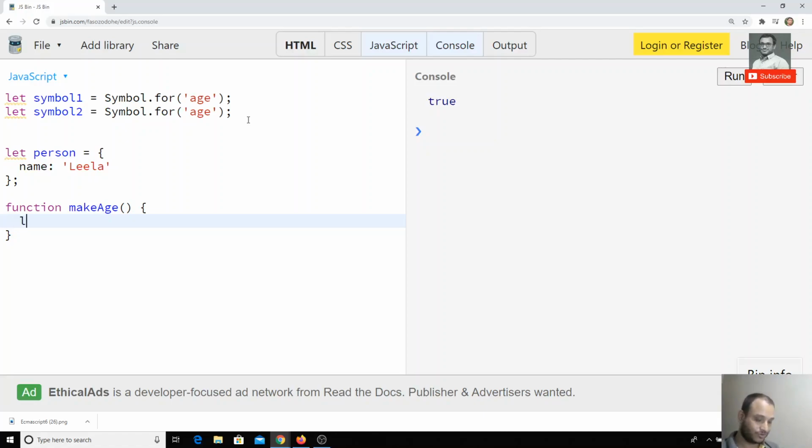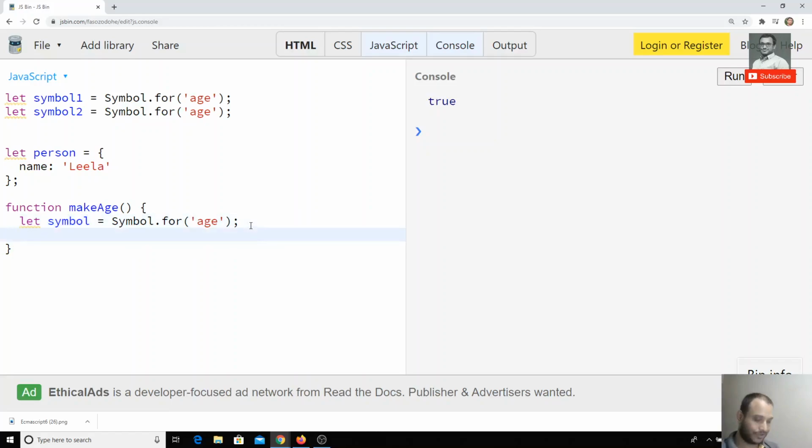In this function I create a symbol equal to Symbol.for of age again. I am using the same syntax here, so this symbol variable will get the same unique identifier as symbol1 and symbol2.